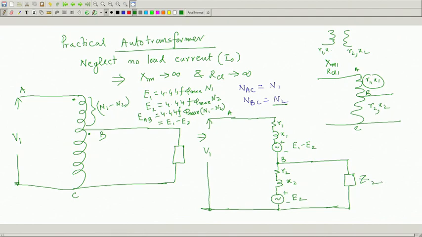So, immediately we see that it is not as simple as that of a 2 winding transformer, where the equivalent circuit was R 1, X 1 and so on, E 1, E 2. Here this is what it should look like, and there will be a distinction between V 1 and... see, if you start from this to this, in so far as induced voltage is concerned, it is fine, E 2 will cancel and E 1 induced voltage.